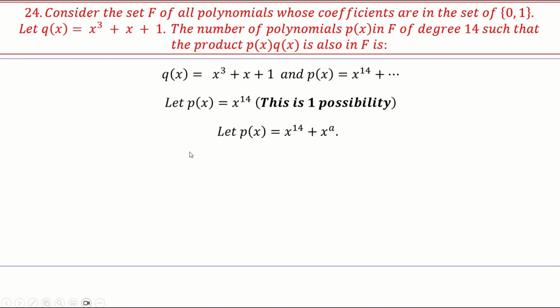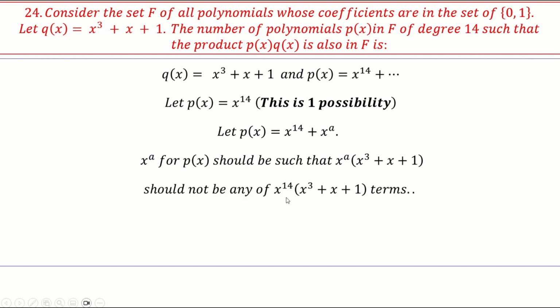Count 1. Now, P of x can be in the form of two terms, basically x power 14 and another term is there. Okay? The second term is determined by power a. A can be 0 up to 13. Anything is possible, right? Correct? Okay, now let's see. X power a for p of x should be such that x power a into x cube plus x plus 1, this is q of x, okay,